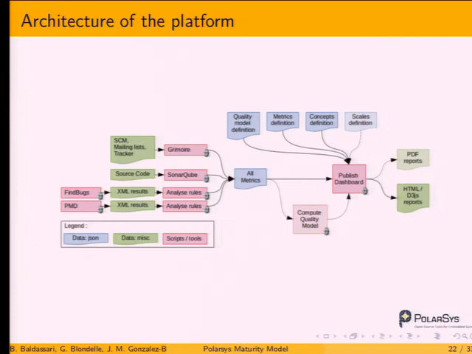We also have the definition of the quality model, in a JSON file, so it's quite easy to modify it, to improve it, and so on. We have a description of all the metrics that we use, and a description of all the rules and the concepts that we use. Everything is taken as input by a script which publishes the dashboard, and we produce an HTML dashboard from that. We could also produce PDF reports and things like that.